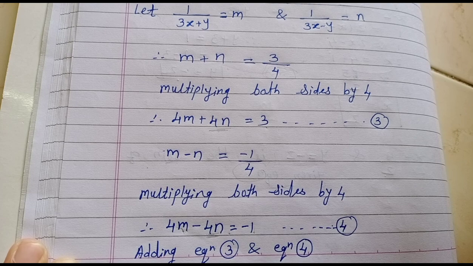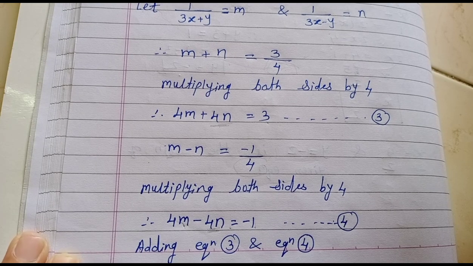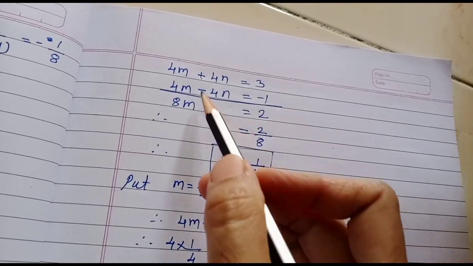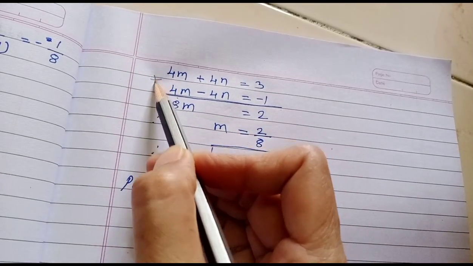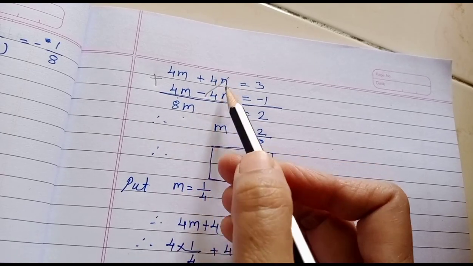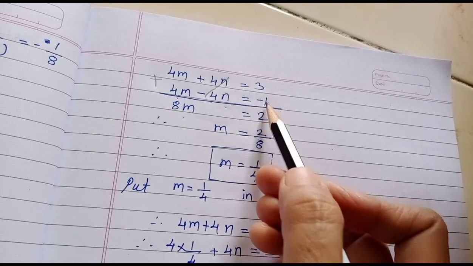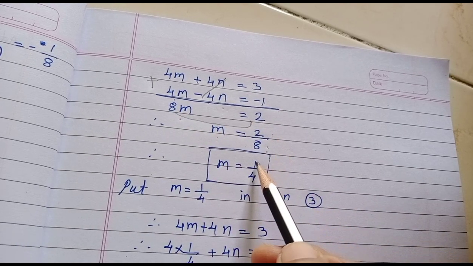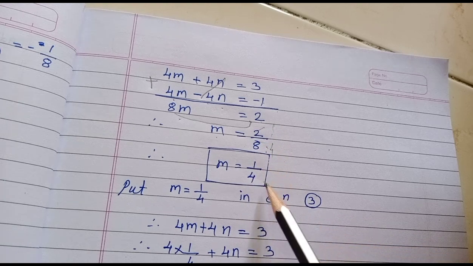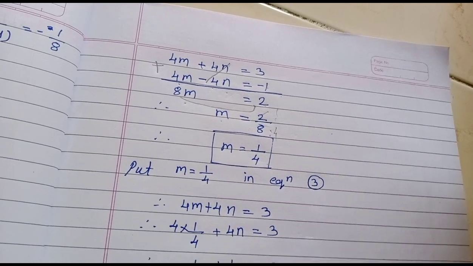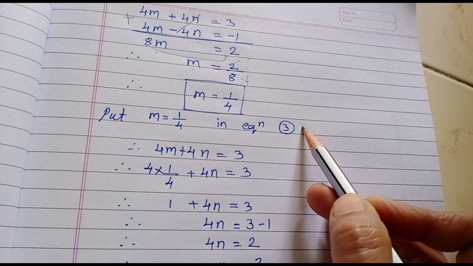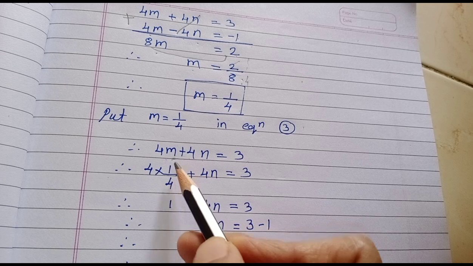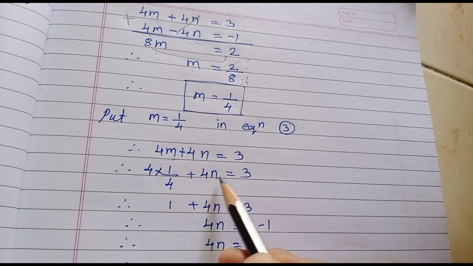That's why we add equations 3 and 4. If you add equations 3 and 4, then 4m plus 4m is 8m, plus 4n minus 4n cancels, 3 minus 1 is 2, so m is equal to 2 upon 8, 2 1s are 2, 2 4s are 8, so m is 1 upon 4. Put m is equal to 1 upon 4 in equation 3. Which is the third equation? 4m plus 4n is equal to 3. So instead of m you write 1 upon 4